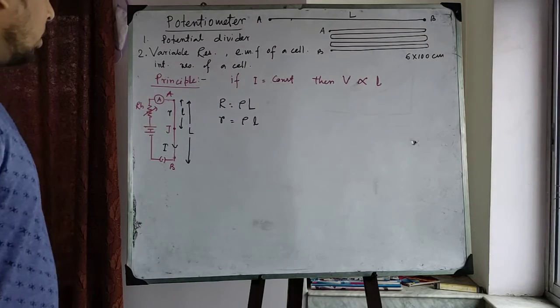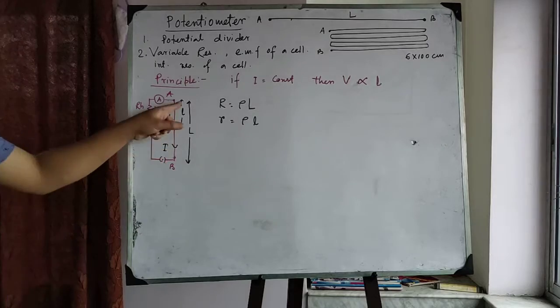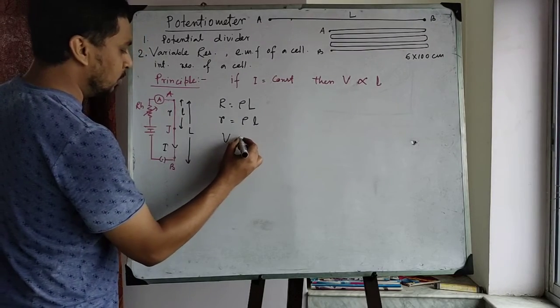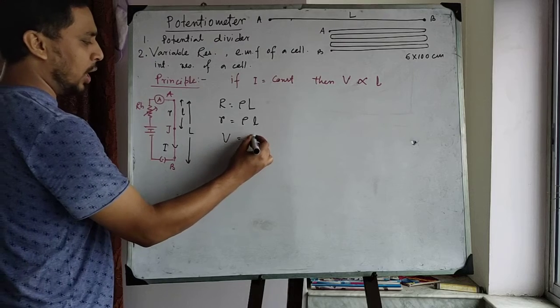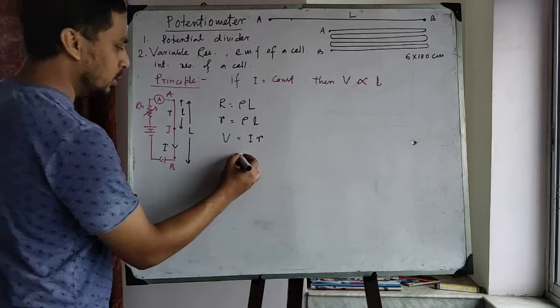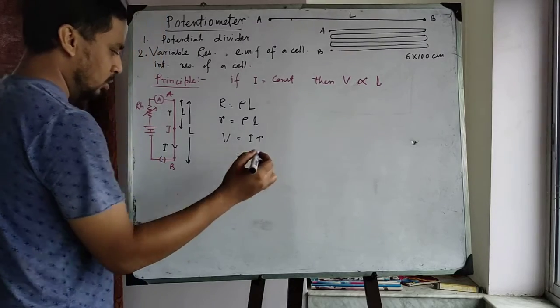Is it clear? If constant current flows through the wire AJ, then what is the potential difference? V equals I into small r,